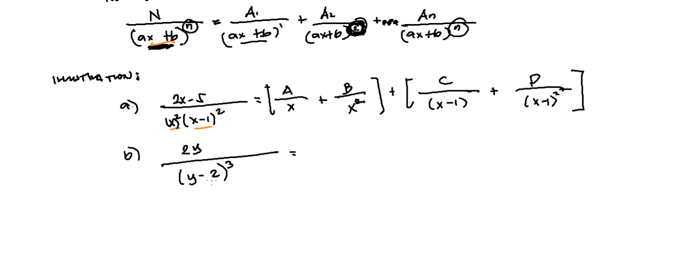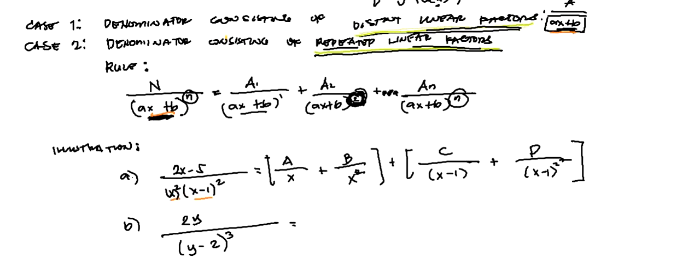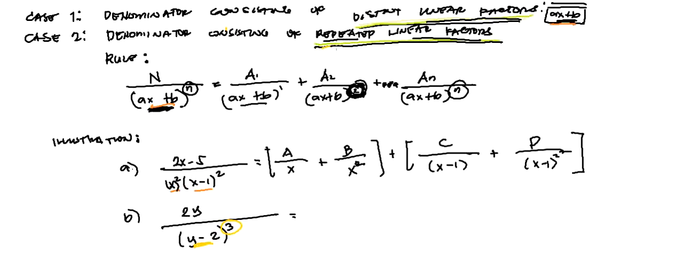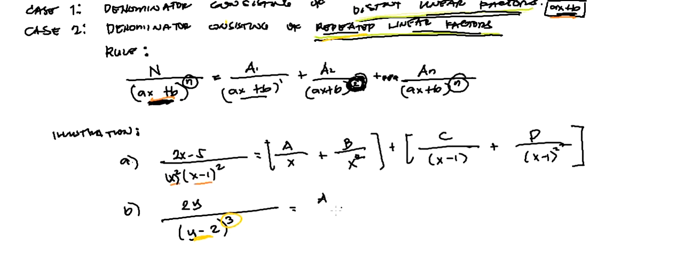We have repeated linear factors, as you can see, since inside the parenthesis is linear and has a power of 3. So our technique is to first equate this with a constant A all over y minus 2 raised to 1, and then plus another constant B all over y minus 2 raised to 2,